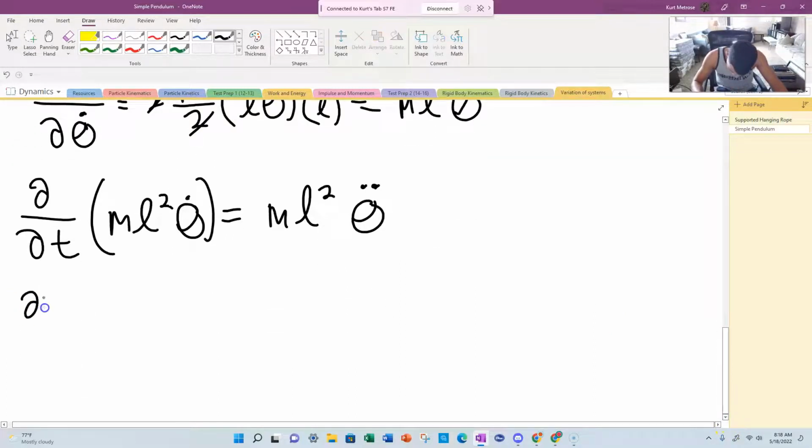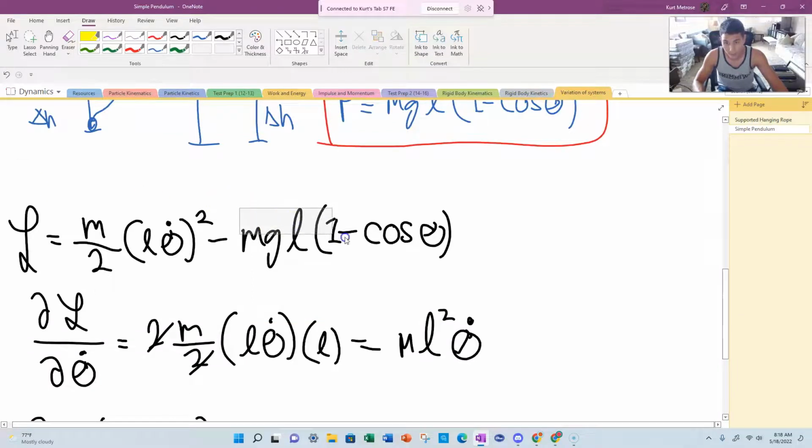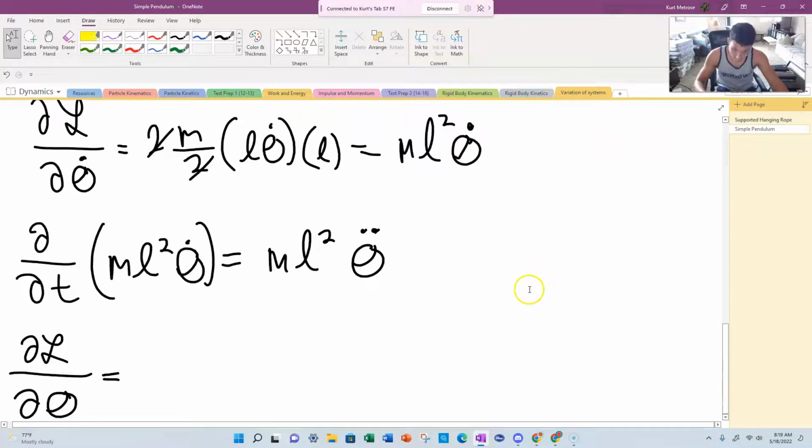Again, the only thing that has a theta in here is this negative cosine theta, and you take the derivative of negative cosine theta, what do you get? You get positive sine theta. So then you get negative m g l